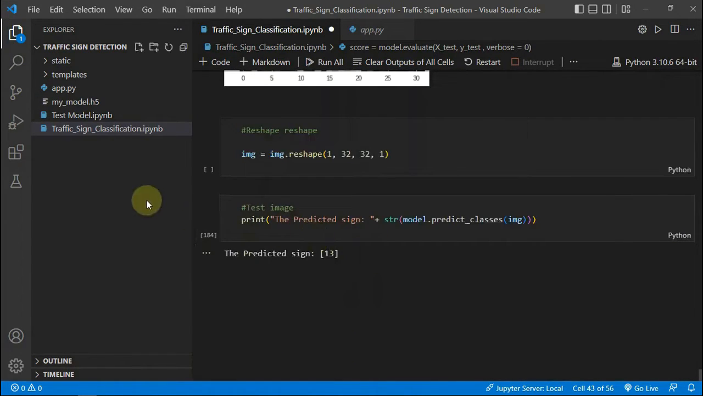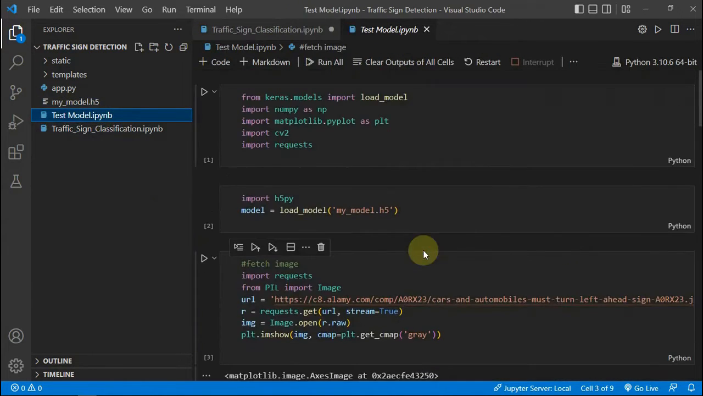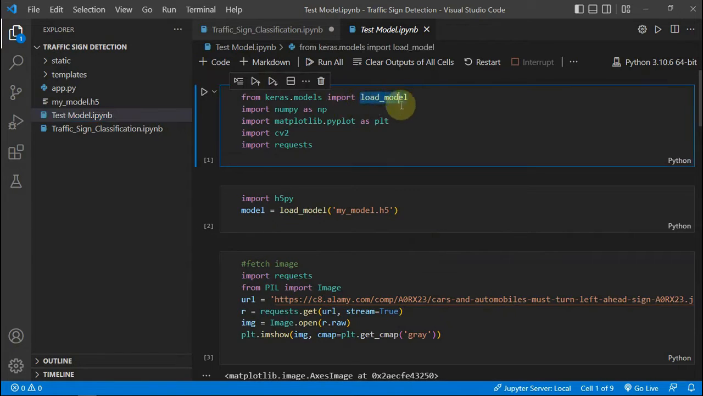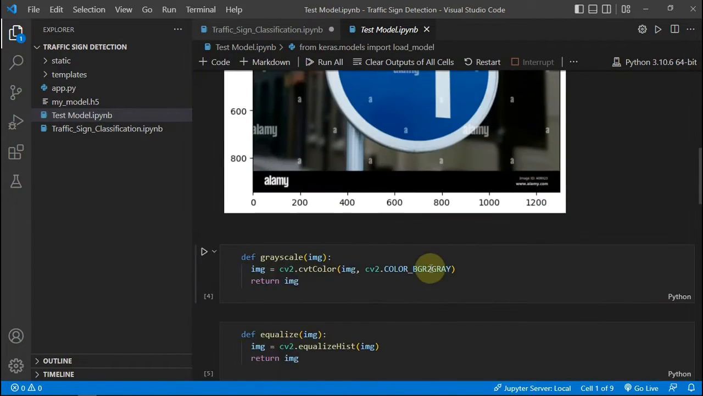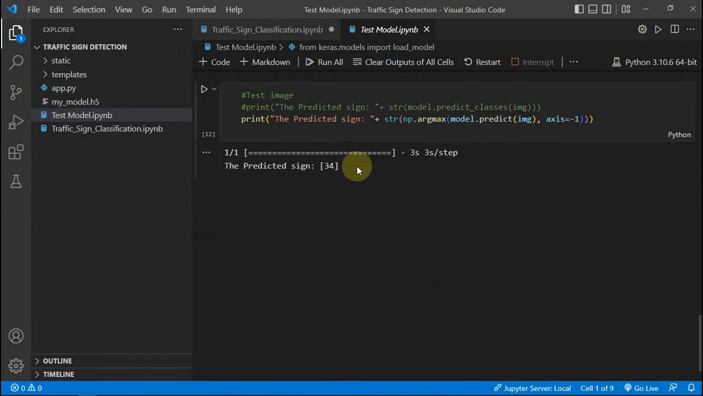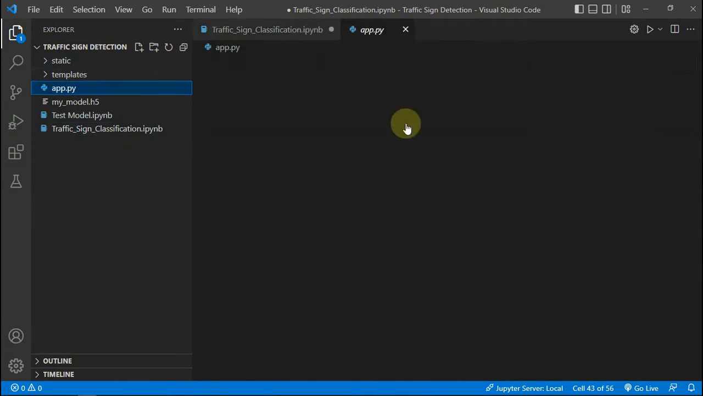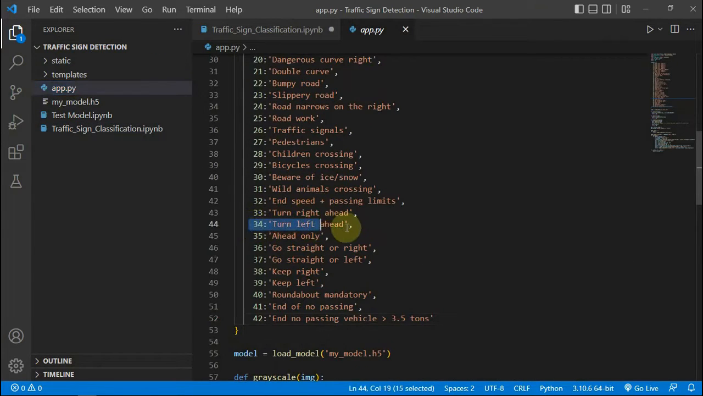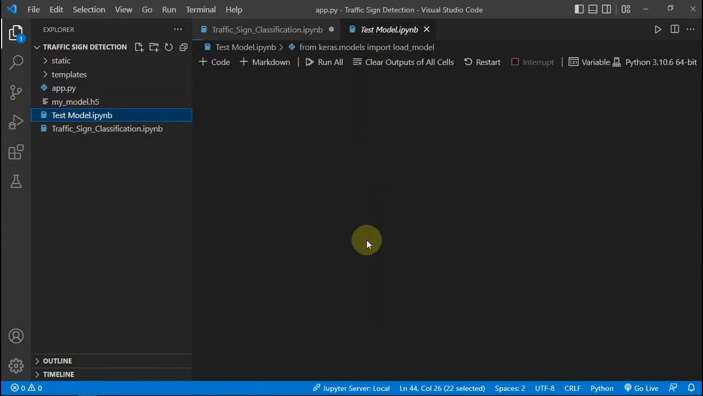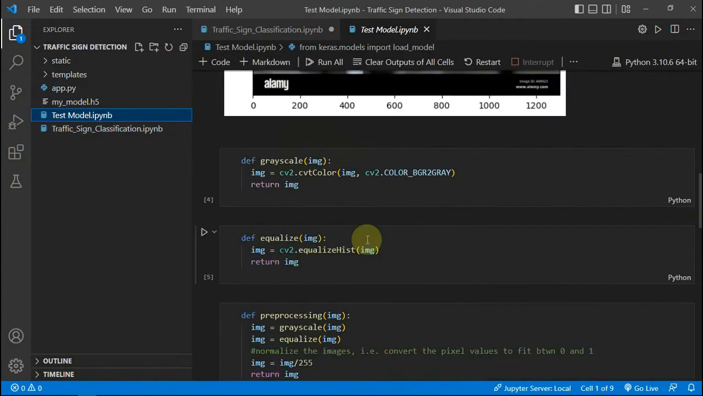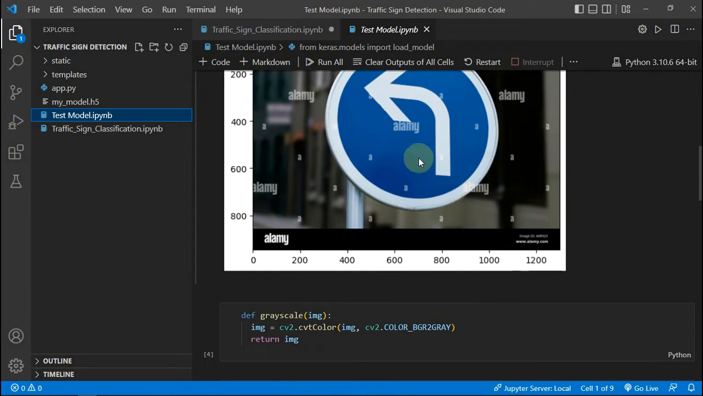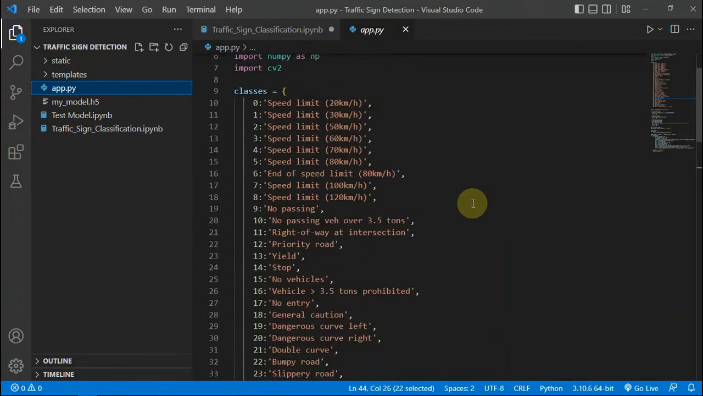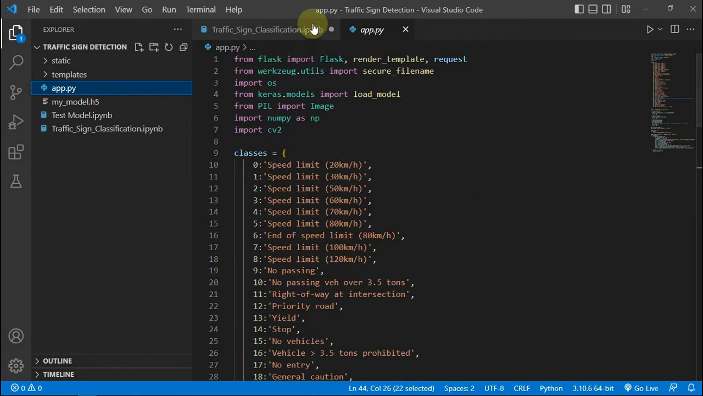So here I am making predictions. I just load my model here and then make a prediction on that image, and you can see I am getting this predicted sign belongs to class 34. So if I check class 34, it is turn left ahead, and the image was also turn left ahead. And that's how we are getting predictions,